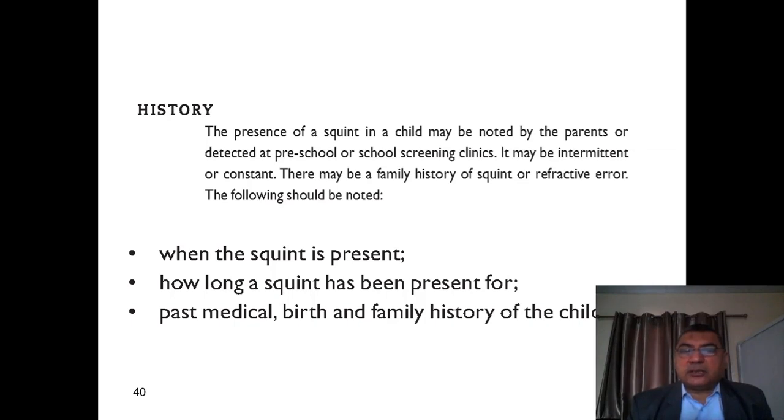So we are going to ask about when the squint is present, how long the squint has been present, when means during the day, or also association with something, and with fatigue or so on. How long? And also we will ask about past medical, birth, family history of the child,